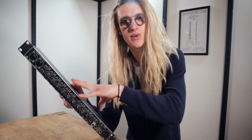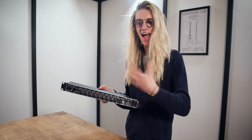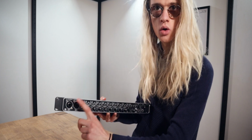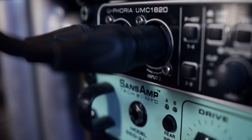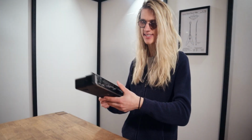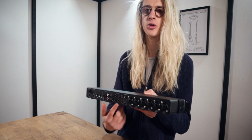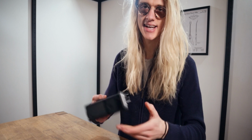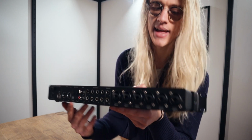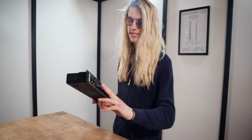So my next con is with the layout of the actual audio interface, and this is such a minor detail, and I understand why they've done it, but for example, I don't like the inputs 1 and 2 being on the front of the interface. Now I've seen some manufacturers create these 1U rack mount audio interfaces, and they've managed to fit all of the inputs on the back of the audio interface. Now I know that then comes at the expense of the amount of audio out options that we can have on the back here, but I would personally prefer to sacrifice a couple of routing out options to situate these on the back of the interface,